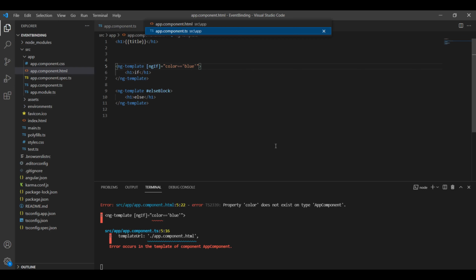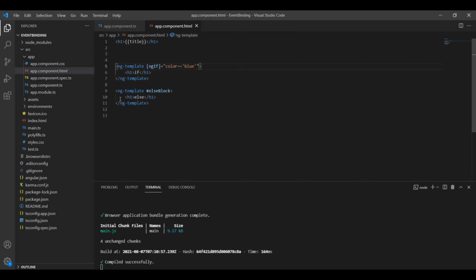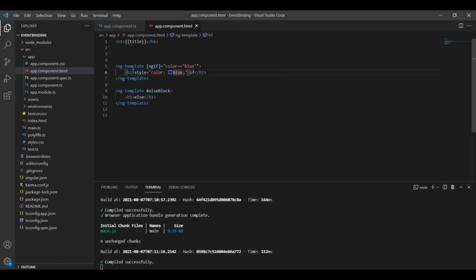For that I have to remove this view and I will give the variable name as color, and here I will give style as color equal to blue. And I will copy this element three to four times.